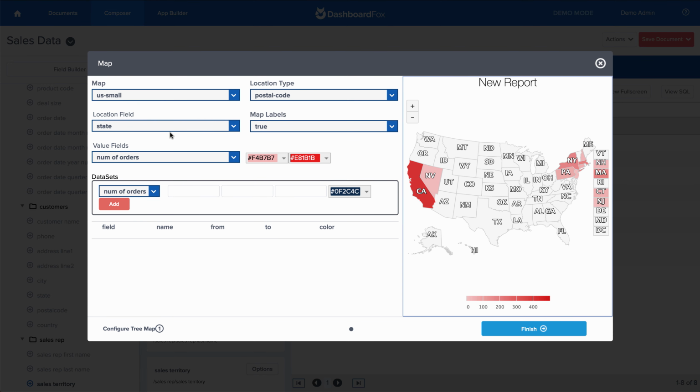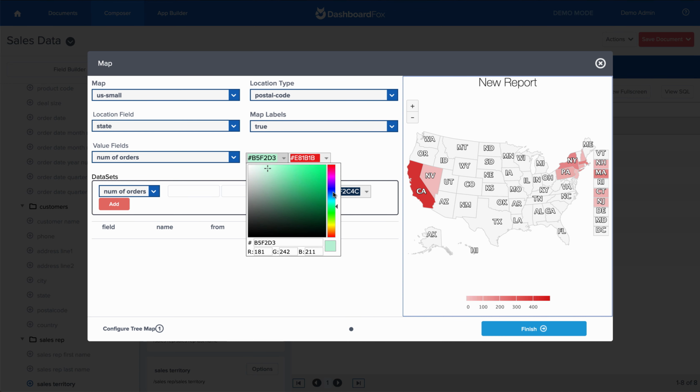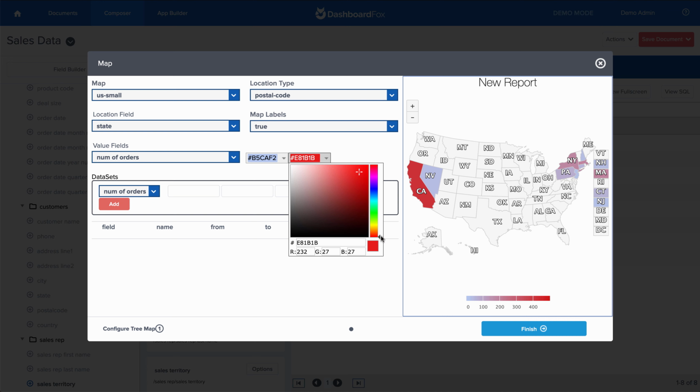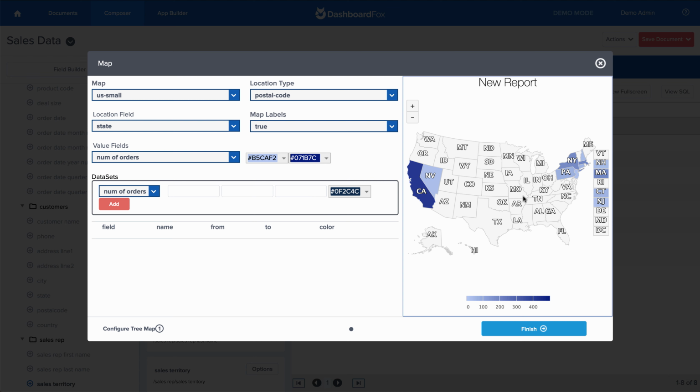We'll stick with small. And then the last thing you could do is adjust the color coding of how you want that. Now, if you're using a gradient, you'll see the legend here. There's a gradient here that goes with the number of orders. You can easily just adjust that gradient. Let's go to a blue gradient. So I'll say light blue for my smaller number of orders, and then I'll go with a dark blue for a lot of orders. And you can see that updates as I look at my map.